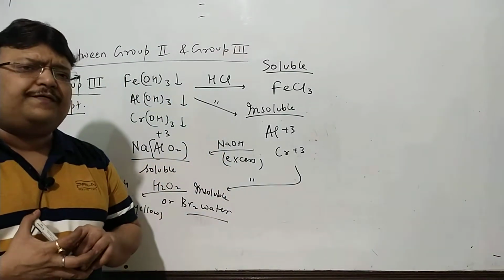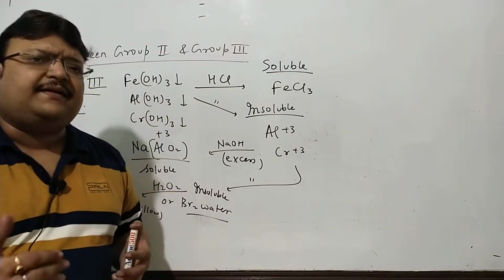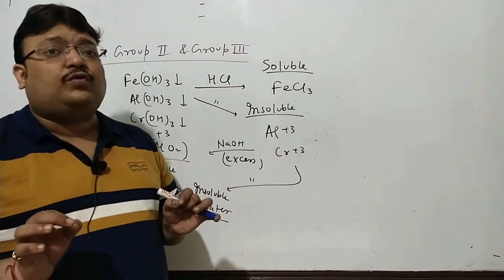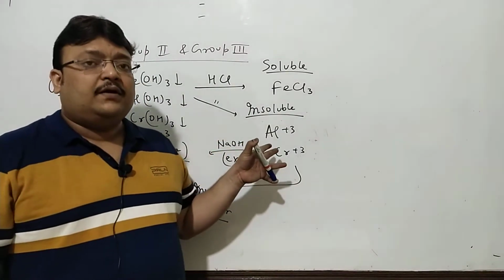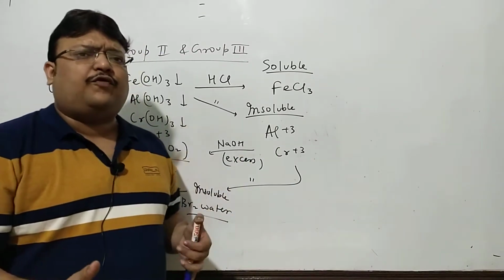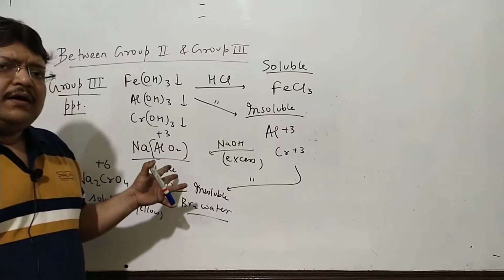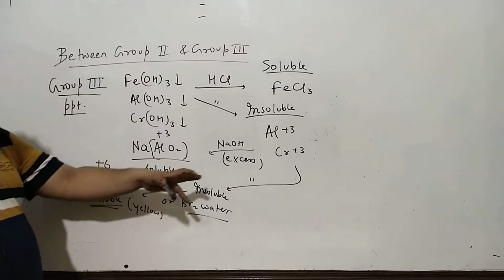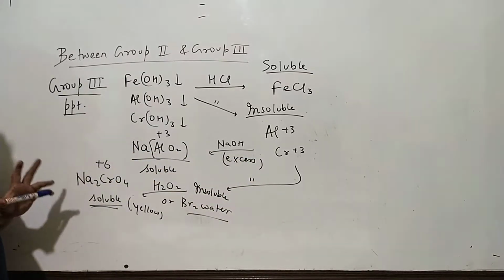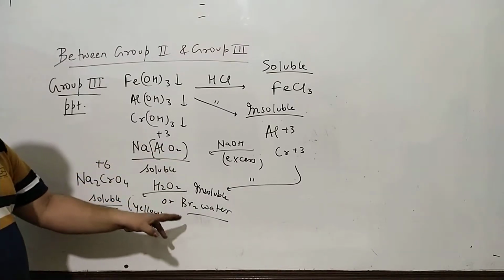So I hope this much of wisdom is going to dawn upon you with time, with more cases seen, and this is something which you will want to know logically. Dissolving in NaOH, it's aluminium; chromium, requiring an oxidizing agent to form a chromate, which sounds very similar to an aluminate, is going to require an oxidizing agent because there is a change of oxidation number. Basically, there is an oxidation here which is required. So only NaOH cannot pull off this change. You need to add an oxidizing agent.